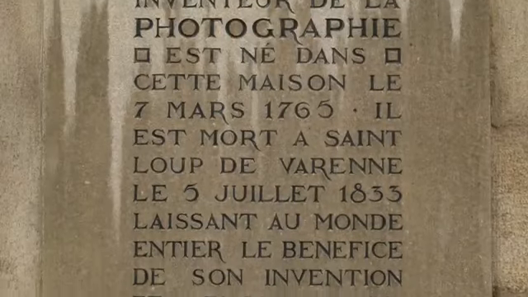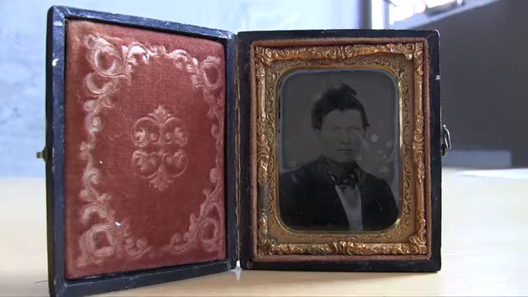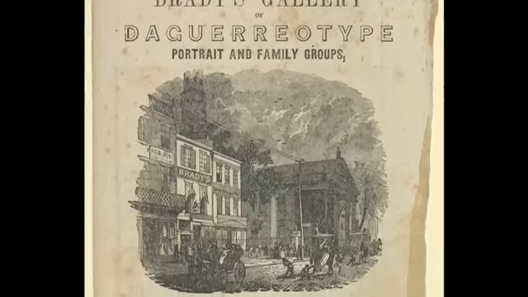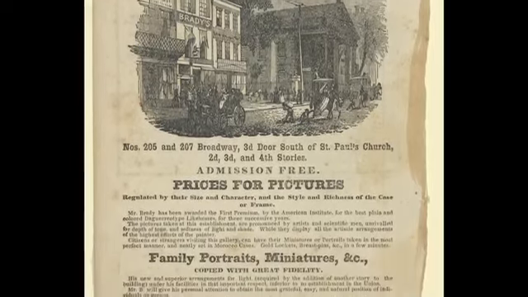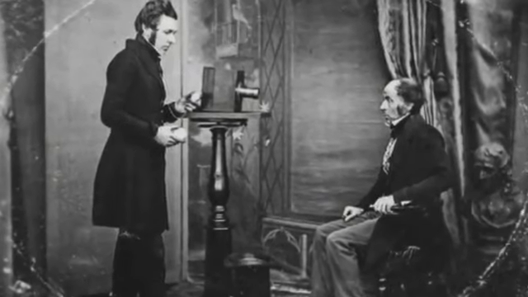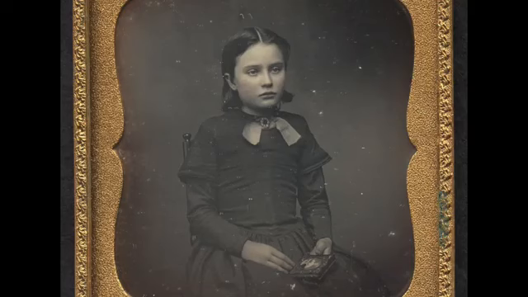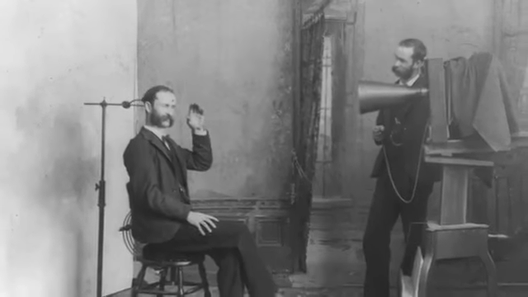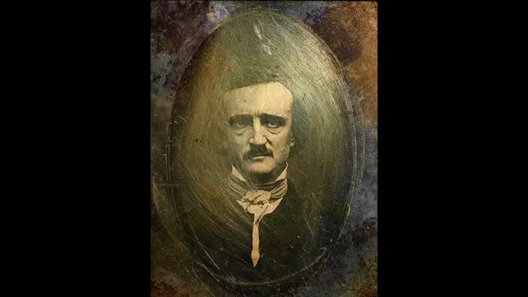After his death in 1833, Niepce's understudy, Louis Daguerre, took this idea and geared it towards public use in the form of a daguerreotype. This invention became vastly popular, but, as with any piece of technology, it had its issues. For one, during capture, each person would have to sit completely still for many minutes, hence why people in these photographs tend to look unhappy. It was difficult to hold a grin for the duration of the exposure, so many opted for a neutral face that sometimes came off as angry.